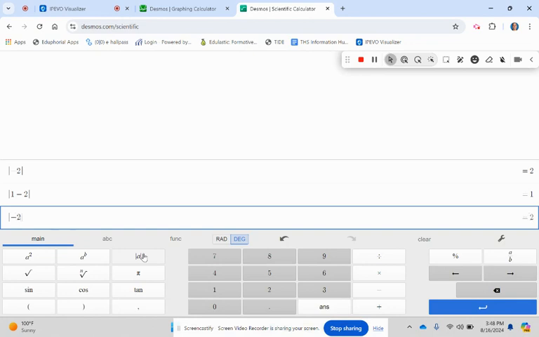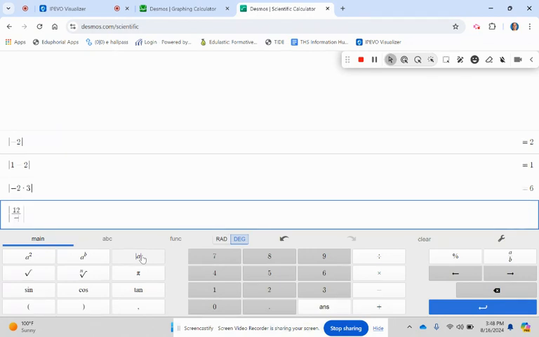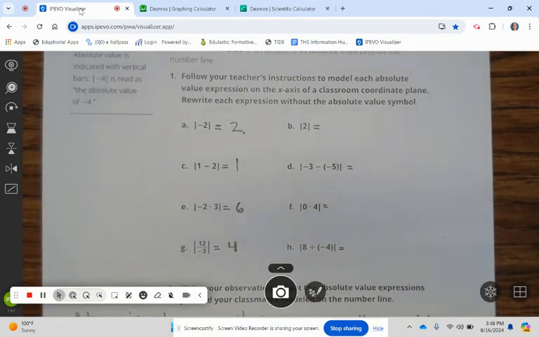Negative 2 times 3 is 6. And press this again. 12 divided by negative 3 is 4. Alright, go ahead and finish up A, C, E, and G, and then do B, D, F, and H on your own. Alright, let's take a look at